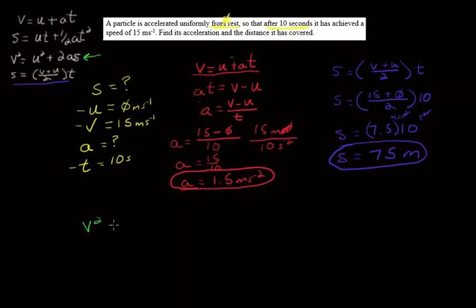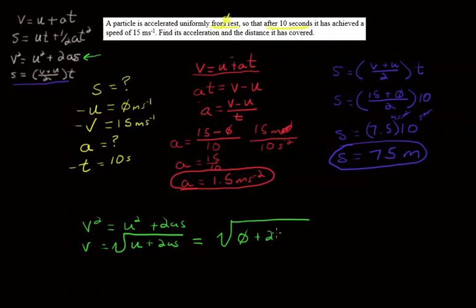So v squared equals u squared plus 2as, which means v is the square root of u squared plus 2as, and that equals the square root of 0 plus 2 times acceleration, which is 1.5, times distance, which is 75, and that equals the square root